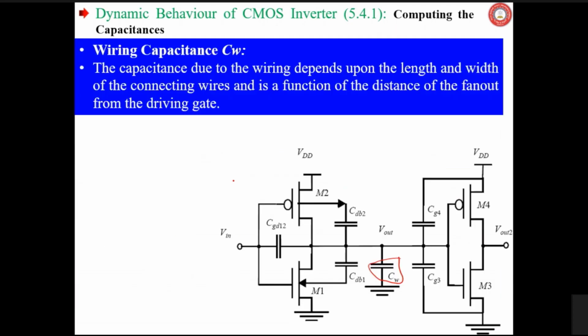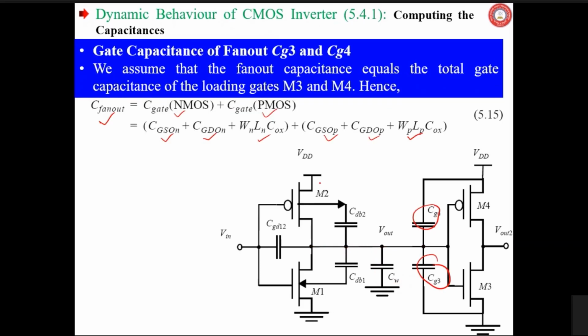Let us see other things. Another capacitance component of CL is line capacitance or wiring capacitance, which we also call interconnect capacitance, the capacitance from this output node to the input node. Then the gate capacitance of the fanout gates, CG3, CG4. In this case, these two capacitances, as you can see, all the capacitances involved